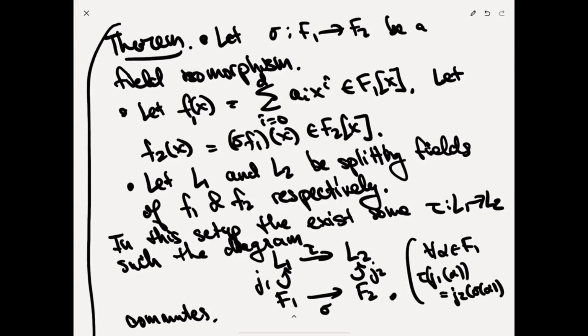Okay, so you can go around the diagram in two different ways and you get the same thing. All right, so this isomorphism extends to an isomorphism of splitting fields. That's the point. Okay, so all right, so the proof is by induction on the degree,